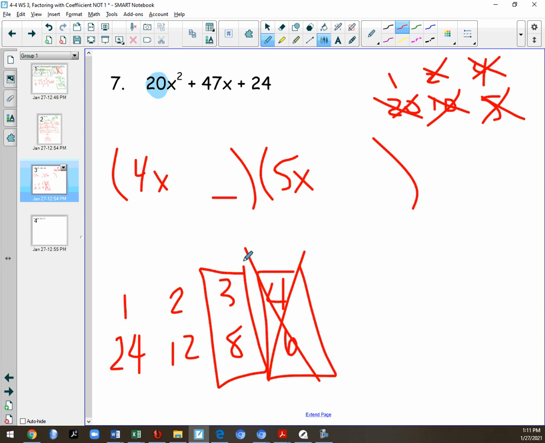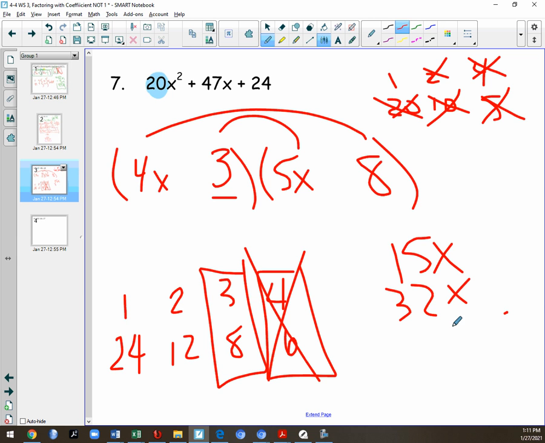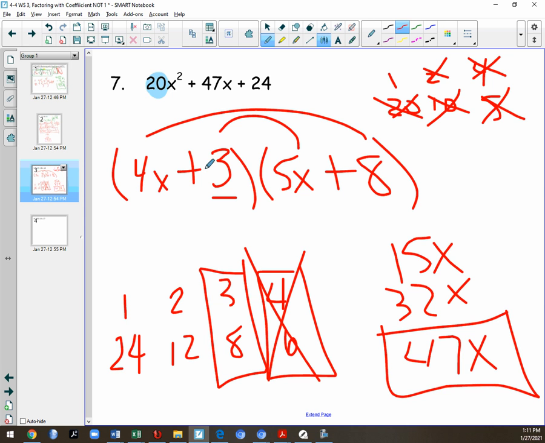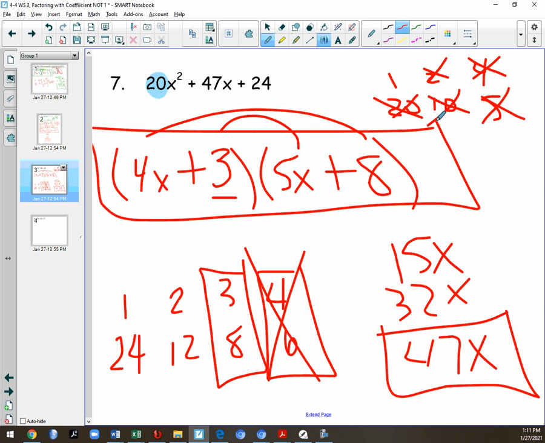So let's go to the next ones, 3 and 8. So if I put an 8 here, that gives me a GCF. So I have to put the 3 there and I have to put the 8 there. Inner gives me a 15x. Outer gives me a 32x to give me the 47x, which is what I wanted, and both signs have to be positive, so that is done. And again, we use logic skills because we understood those gave a GCF, and we couldn't use that because of